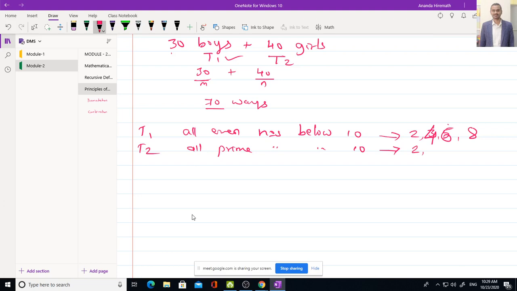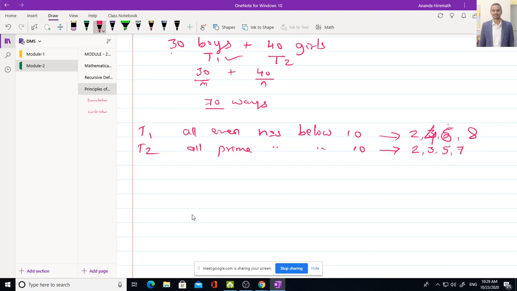2. 2 is a prime number, okay? Whether 3 is a prime number? Yes. A prime number is the one which is divisible by 1 and itself. Okay, no other number can divide it. So whether 5 is a prime number? Yes. 6 is not. 7 is a prime number. 8 is not. 9 is not, because 9 is divisible by 3. So these are the 4.